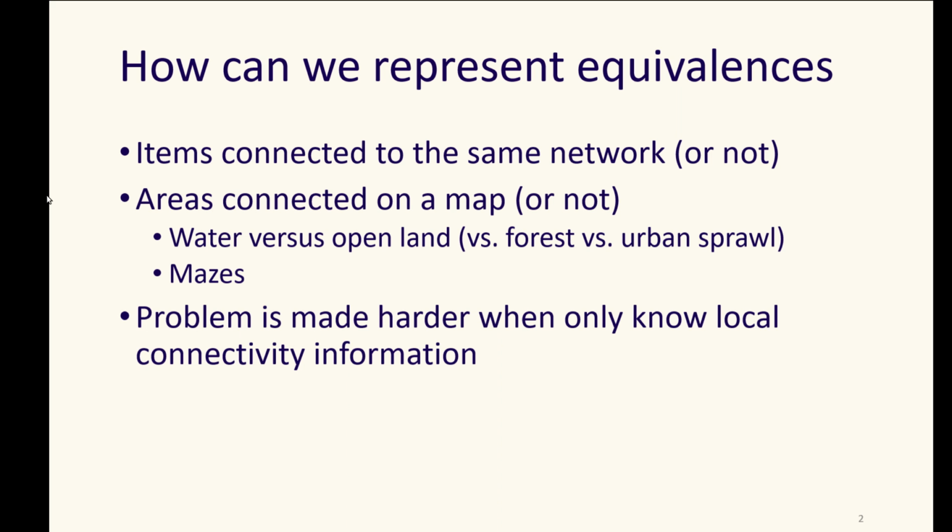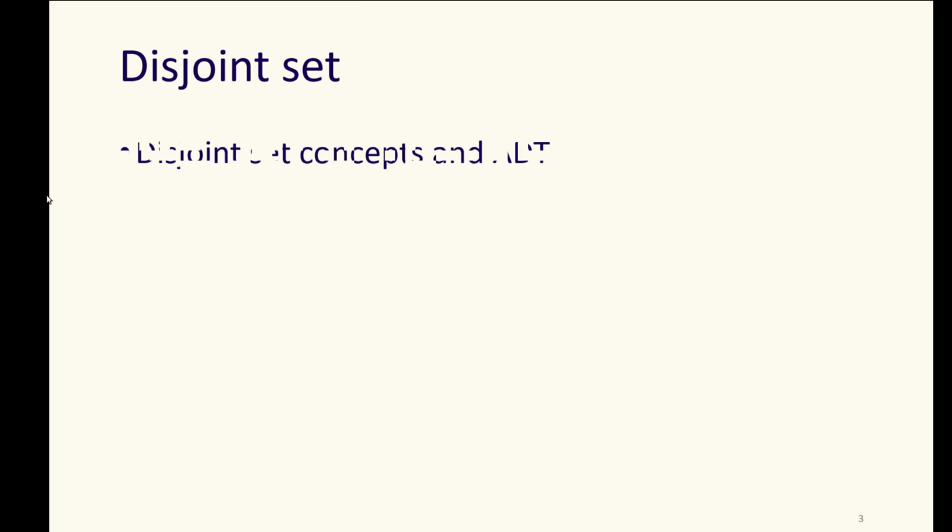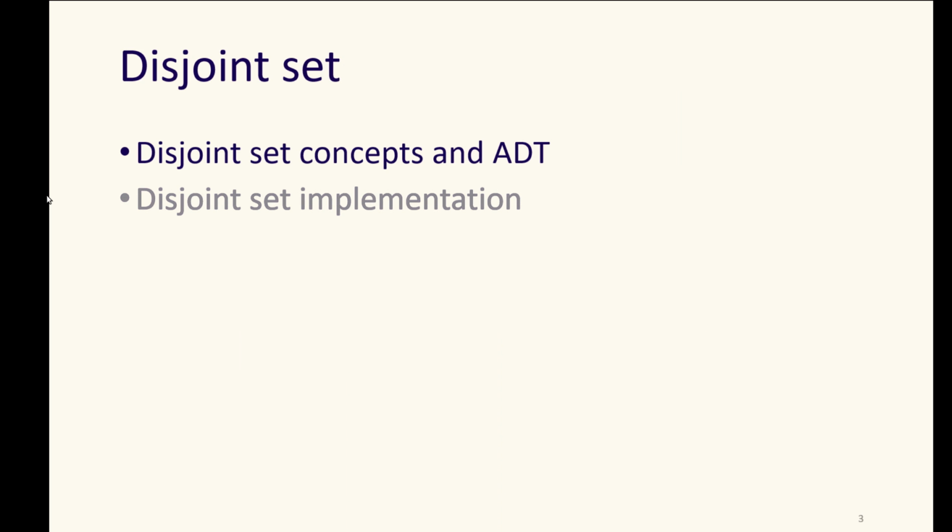The problem is made harder because we often only know local connectivity information. We don't know usually about the bigger picture. We have to look at each individual road and find the route there if we're looking at a map to prove that two places are connected. We'll look at the data type of a disjoint set that's built specifically to be useful for this kind of